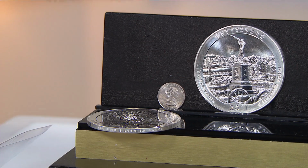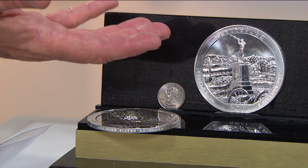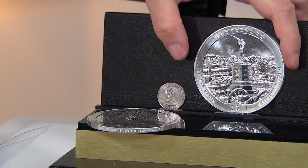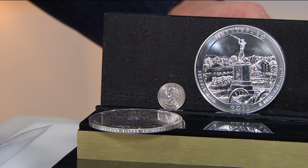Eagle, it would be like a top 10 American Silver Eagle. If this was an American Silver Eagle, I'd have to charge you $500 or $600 or $700 and it would have 1 ounce of silver in it. Right. The rarity of these 5 ounce coins, most people don't even know they exist. So when we give you the opportunity to own these, it's absolutely